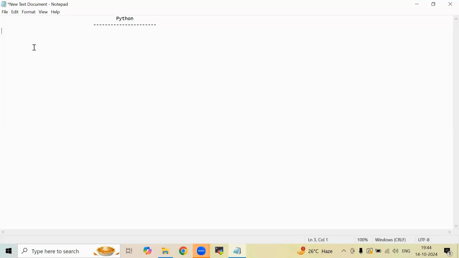So for whom is Python applicable? Number one, web development. Then it is applicable to someone who is looking for a career in machine learning and AI, whether it is generative AI or other AI, where they want to develop something.